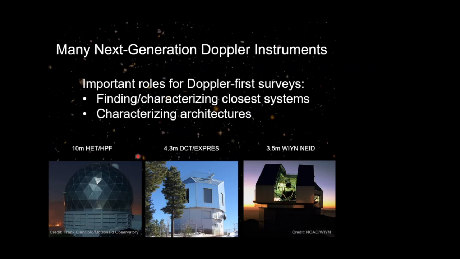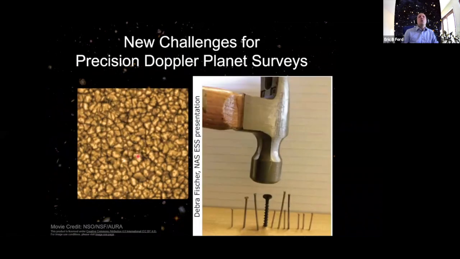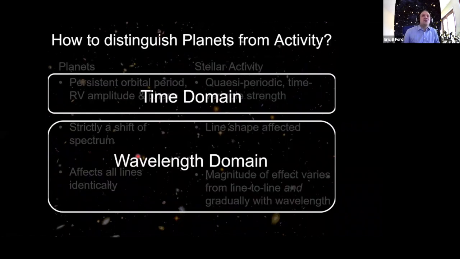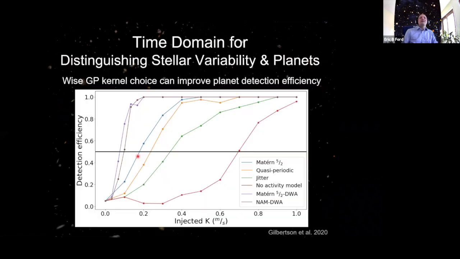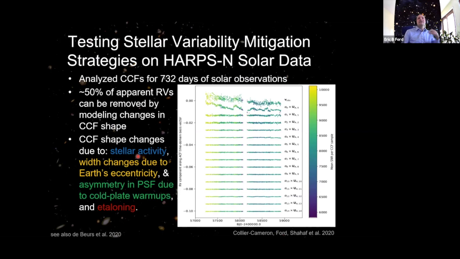Right, thanks. But that's kind of the concern, that even if your instrument's good to 30 centimeters per second, if the star is dancing around at 3 meters per second, why bother collecting that many photons? And so the funny regime we find ourselves in now is we don't know how well we can do and what will be enough to get there, right? In the sense of to actually not just have the photon noise for an idealized star, but have the signal for a practical star, we need to be able to remove these stellar activity signals.